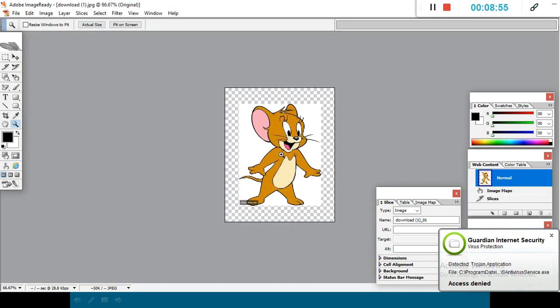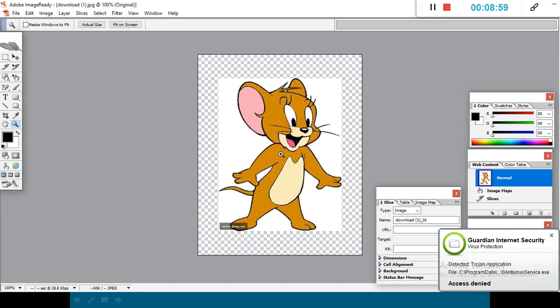Okay, like this. If we want to increase, then press Zoom, and if we want to decrease, then drag the Zoom button and side by side press the Alt button. In this way we can zoom the image.